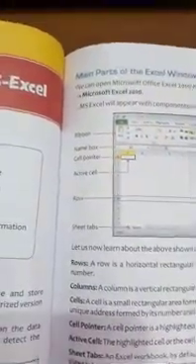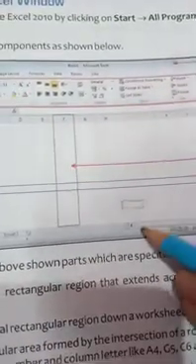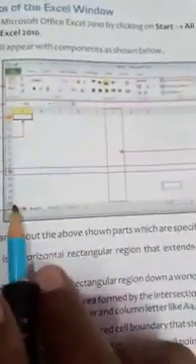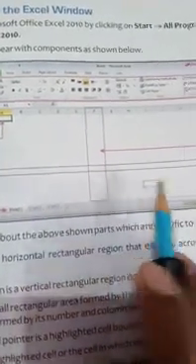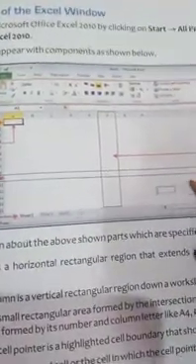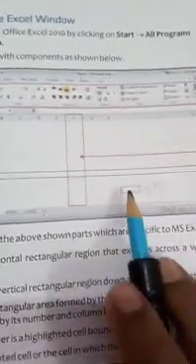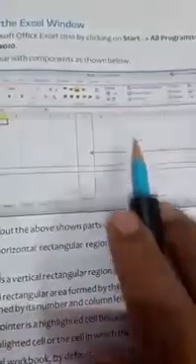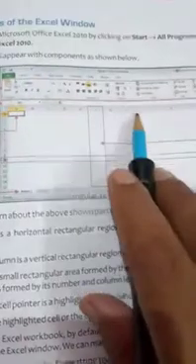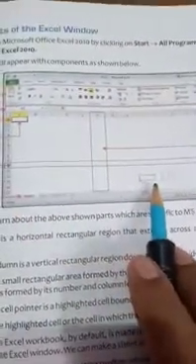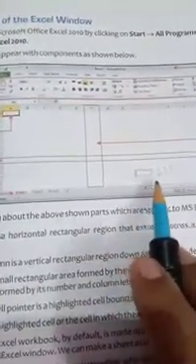If you look, this is A1. If I click here, what is the address of that cell? If I want to select this cell, what is the address of this cell, students? So look, this is column I, and which row is this? This is 13. So the address of this is I13. Okay, this is the address of the cell pointer. The combination of the horizontal row and vertical column gives a unique address, so its address is I13.